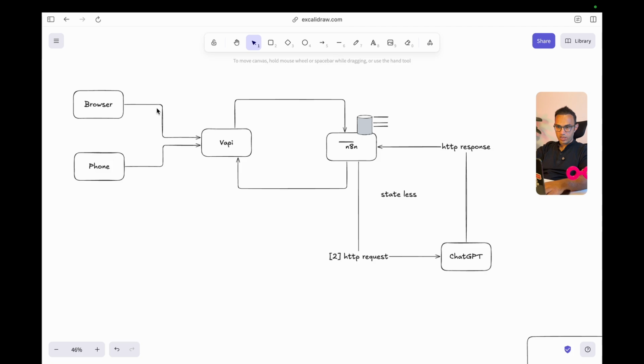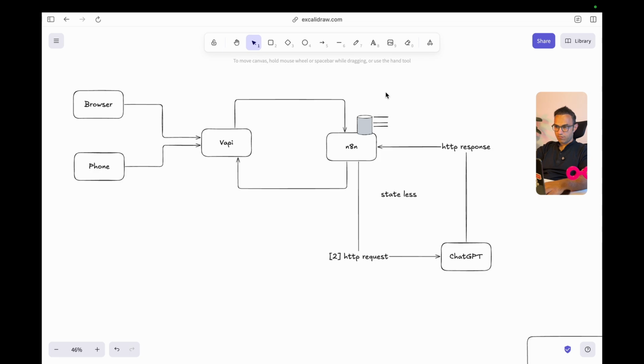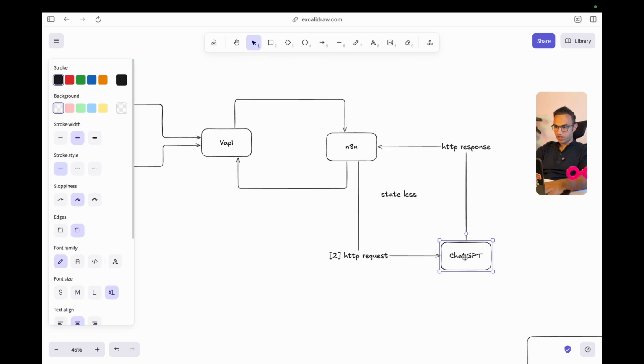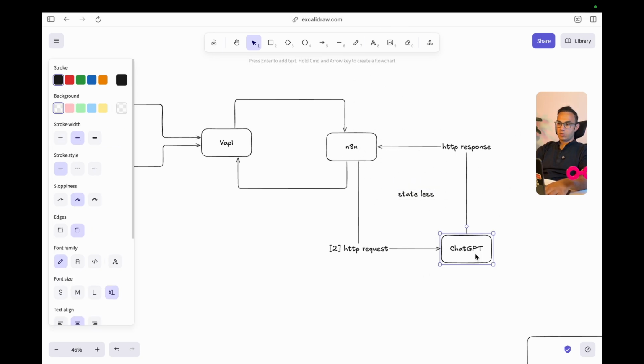We're going to now try something like this: we use Vapi, Vapi calls n8n workflows, and that n8n workflow basically calls ChatGPT on our behalf and does something, and probably does a lot of things because it also calls Gmail.